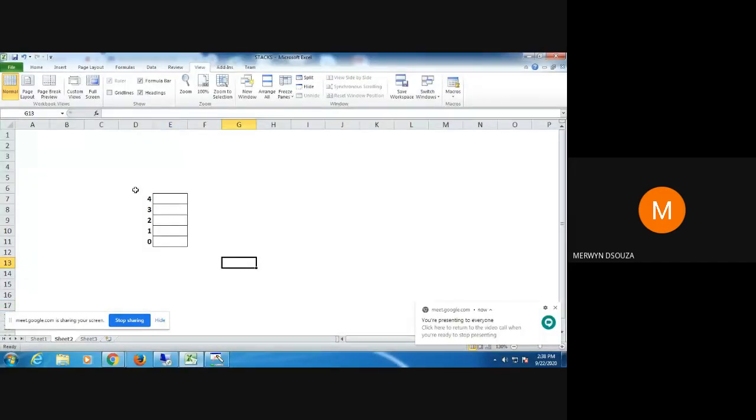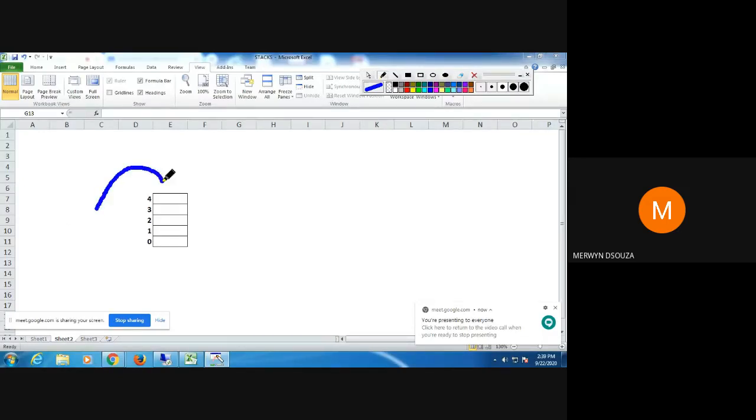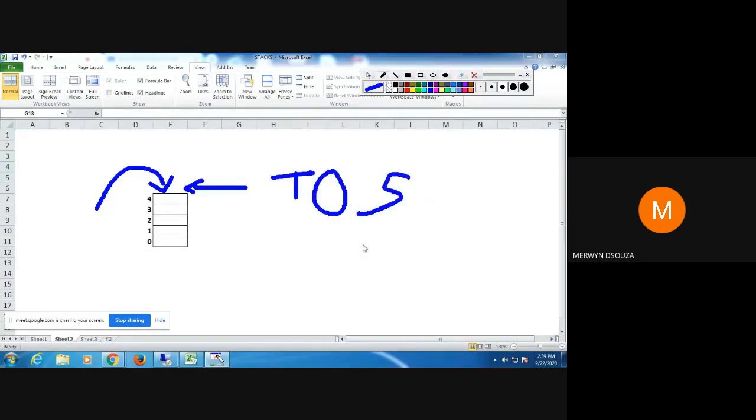So for example, you look at this diagram that I have drawn here. This is like a stack. When you have a stack, you can do insertions and deletions from the same end. So suppose this is the end. You can do insertions as well as deletions from the same end, and this end is known as the top of the stack.